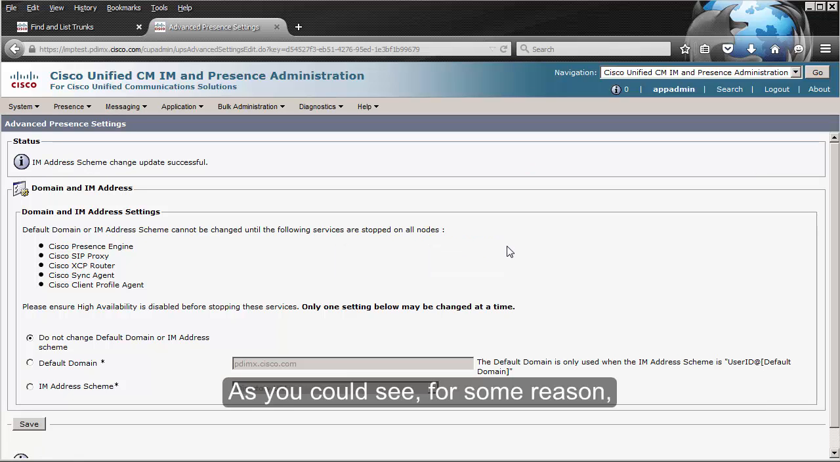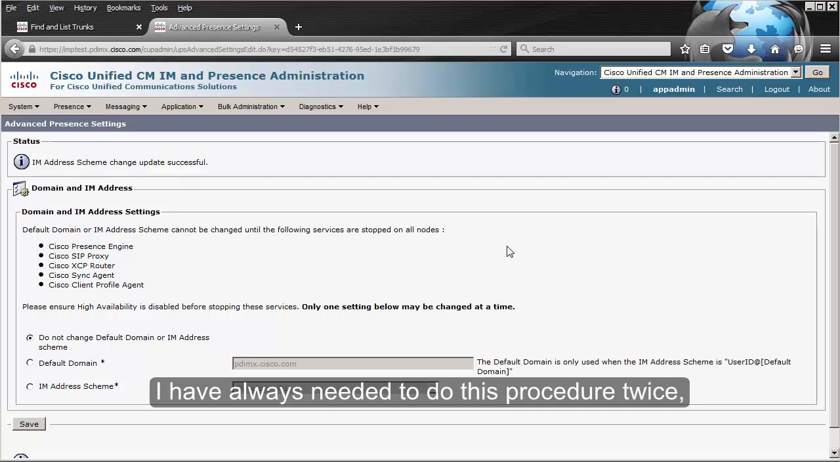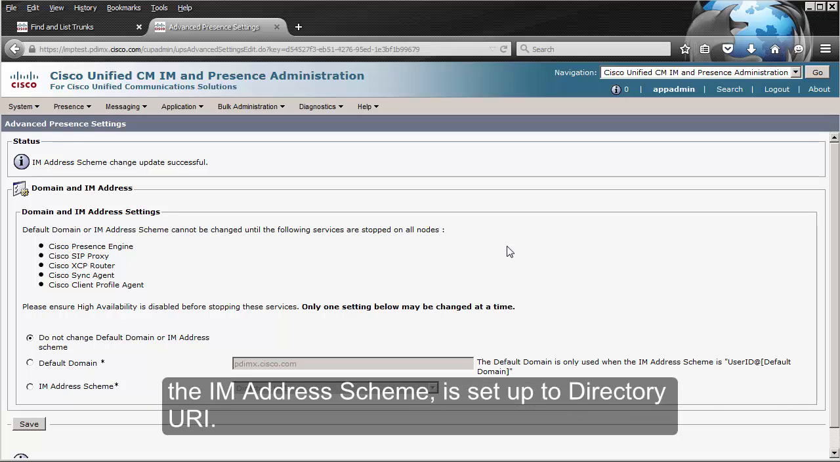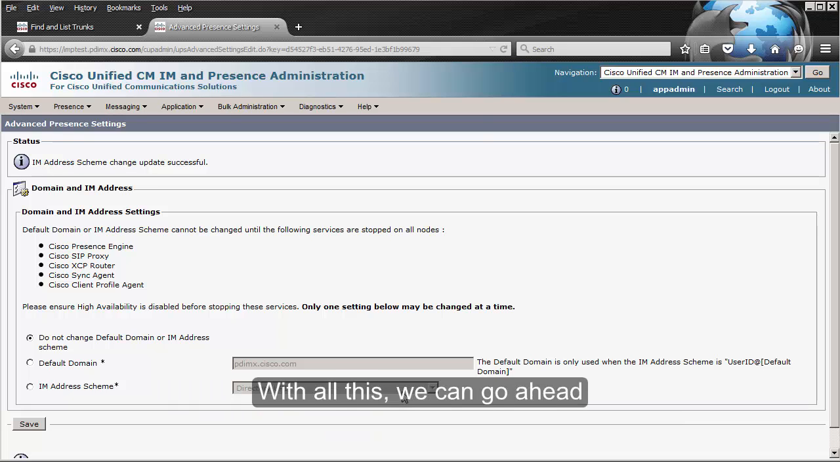As you could see, for some reason, I have always needed to do this procedure twice. It will only take the change the second time. As you can see right now, the IM address scheme is set to directory URI. With all this, we can go ahead and start with the